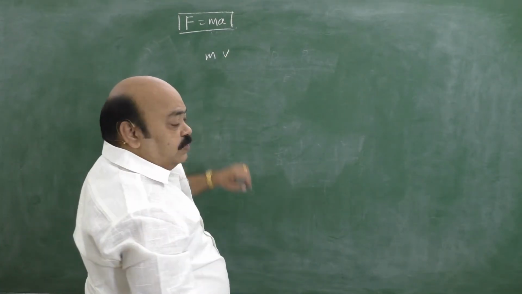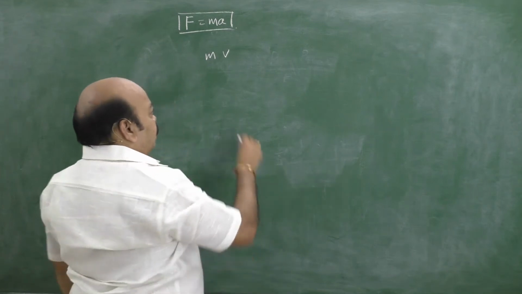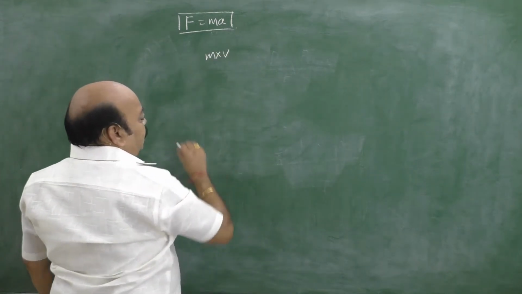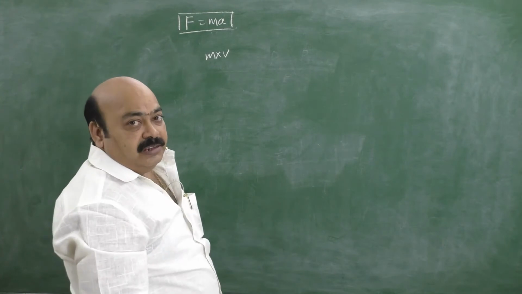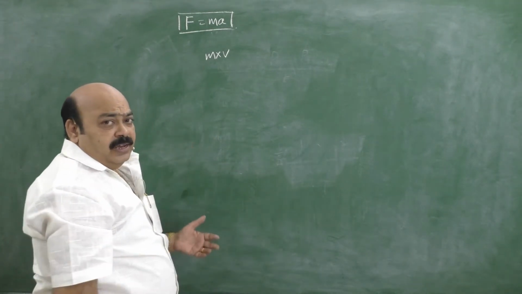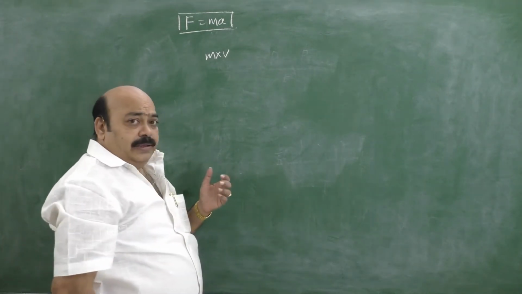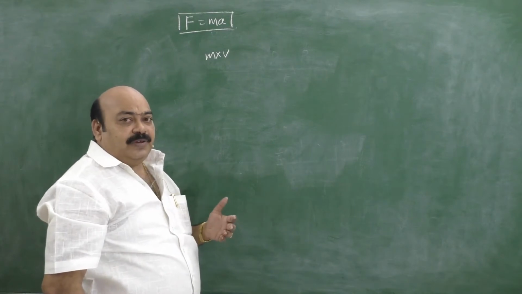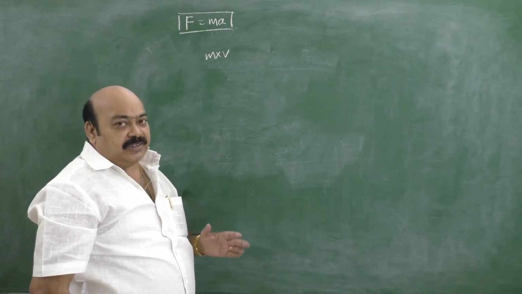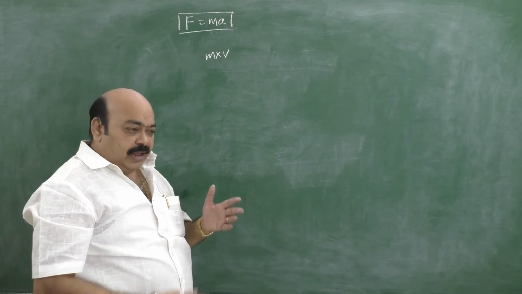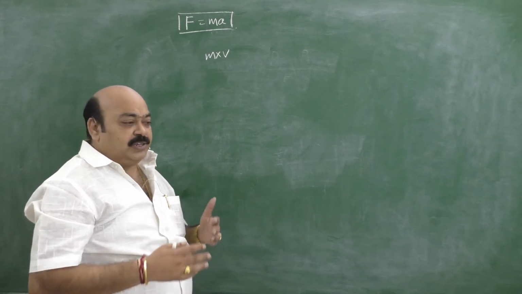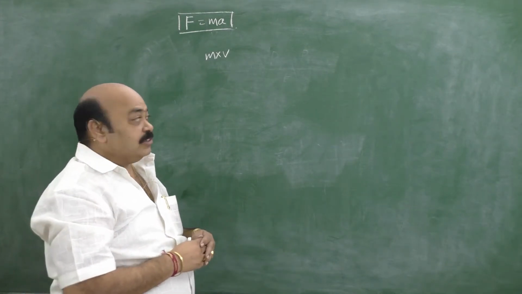With these quantities we can calculate the momentum. What is momentum? It is nothing but the product of mass and velocity. There is no separate formula. Very often I hear the answer, "Sir, I forgot the formula." It is a useless thing. Don't try to memorize the formula by heart. Learn it. Learning is different. Once you learn, there is no possibility of forgetting.